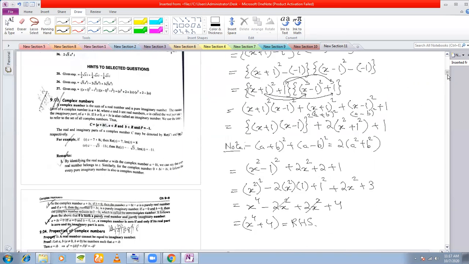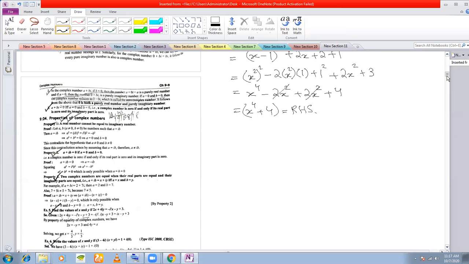No questions? Then you move on to the properties of complex numbers. Now, before I move on to the properties, let me define what a complex number is. Till now, we have been dealing with imaginary numbers. Complex numbers are actually two-dimensional numbers. What do you mean by two-dimensional numbers? For example, a real number can be represented on a number line. So real numbers are one-dimensional numbers. They can only be represented on a single line.